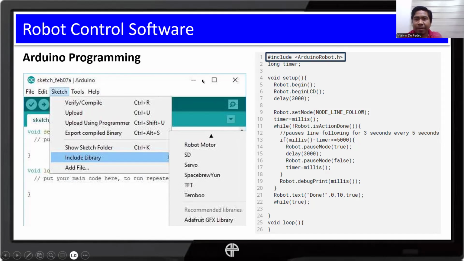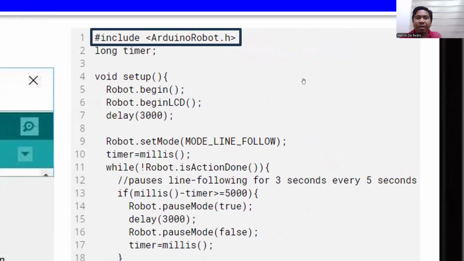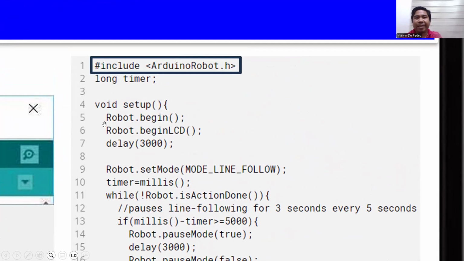One example for that is here, robot.begin. Basically, we are telling the system that we are using the begin method for our object named robot, and so on.